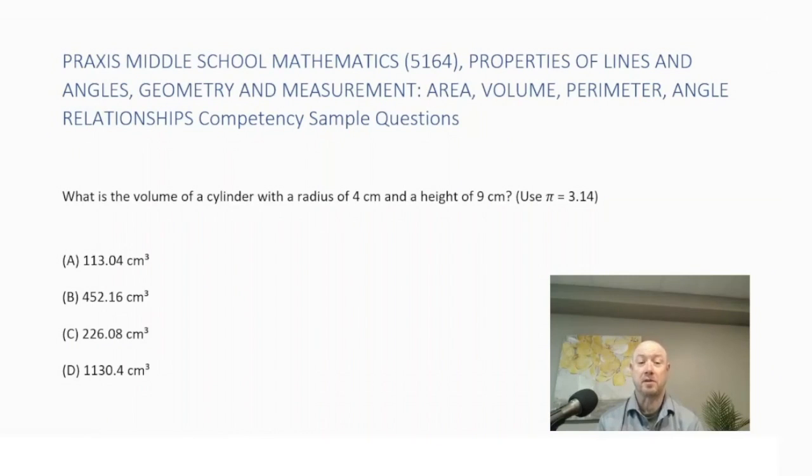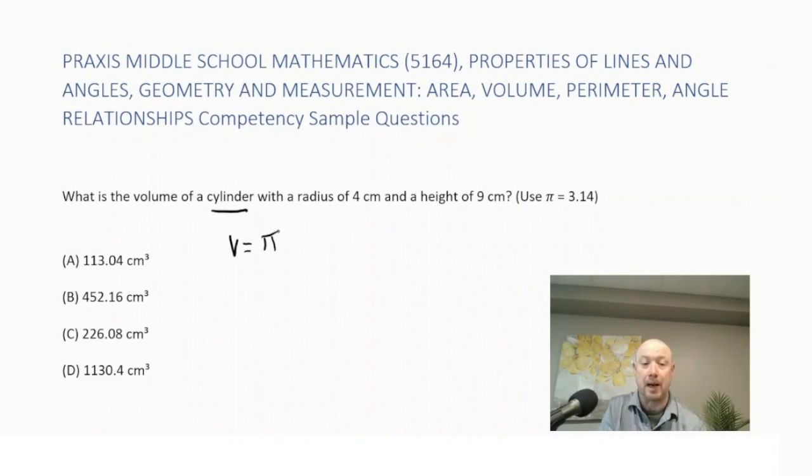What is the volume of a cylinder with a radius of 4 centimeters and a height of 9 centimeters? Use pi equals 3.14. Is it A, 113.04 cubic centimeters, B, 452.16 cubic centimeters, C, 226.08 cubic centimeters, or D, 1,130.4 cubic centimeters? Okay, so we're going to use the volume of a cylinder, and the volume of a cylinder